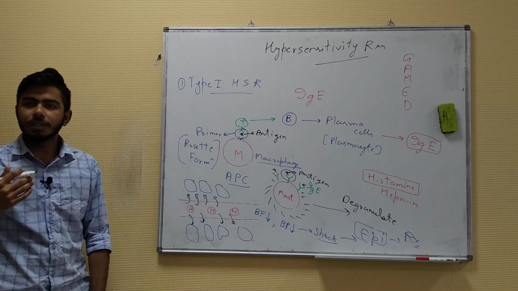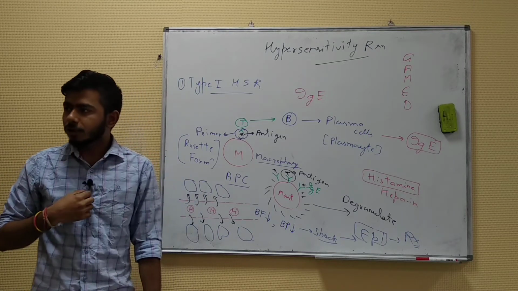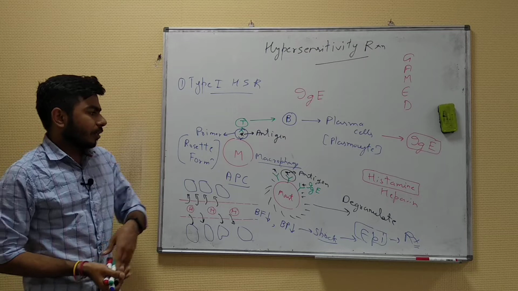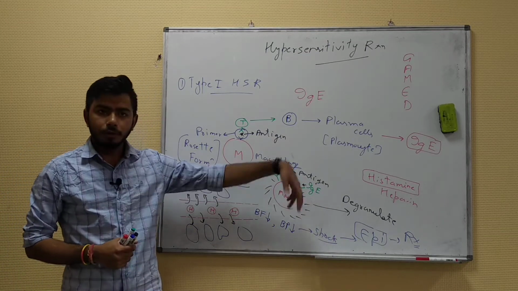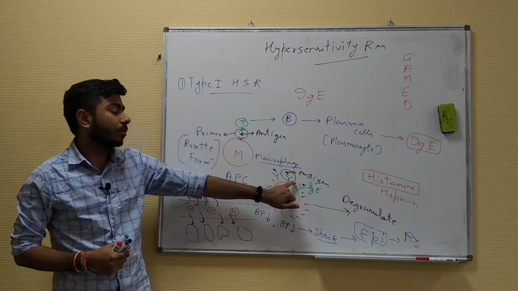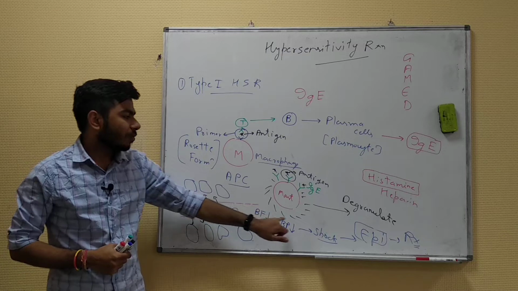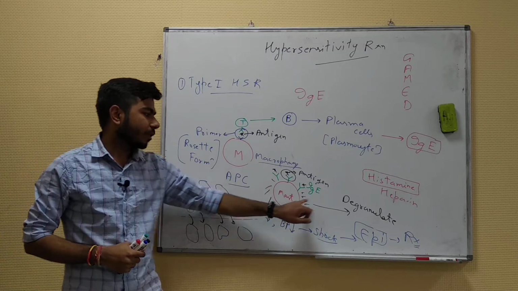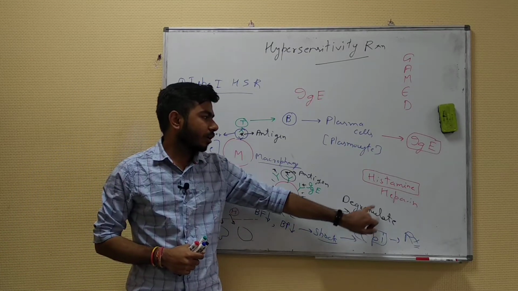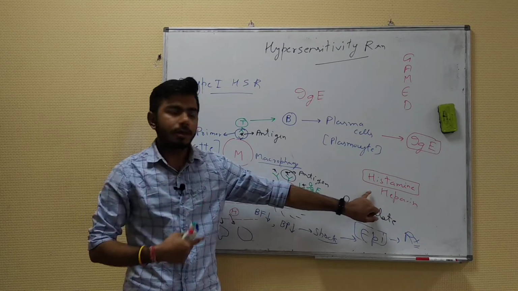As this person visits this garden next time, as the pollen grains come inside the lungs of this person, what will happen then? This immunoglobulin which has been produced will be binding to the mast cells, and the antigen or pollen grain will be binding to the immunoglobulin E. Now again, what will be happening? Mast cell will be activated. As the mast cell is activated, it will degranulate. If it degranulates, inflammatory cytokines will be released from this mast cell.